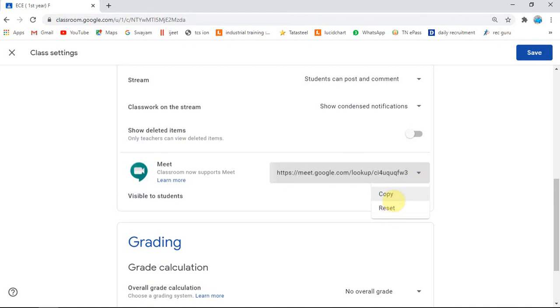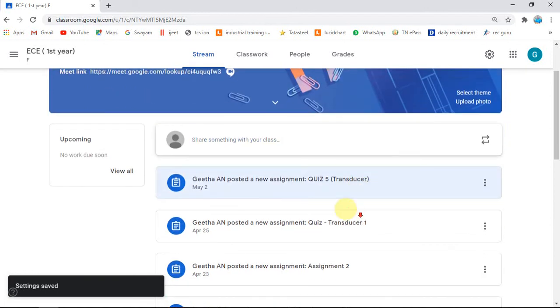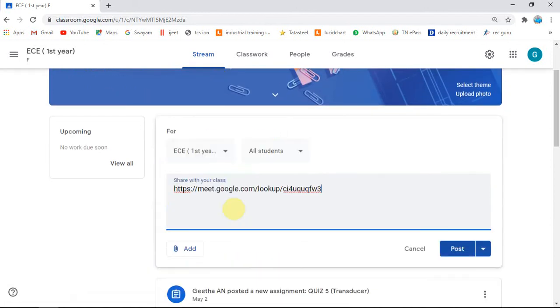I'm going to copy this Google Meet link. Once I have copied, let me save. Now I have moved back to the class. Here you can just paste it. So this is the Google Class meeting link. You can share it with your students. Also you can schedule it for your particular session. Either you can post it in the Google Classroom or you can send the link via email or through a WhatsApp message. So in this way, we can create a Google Meet link for a particular class and share it with the students. Next, how to join a meeting and how can we take the attendance of the participants.